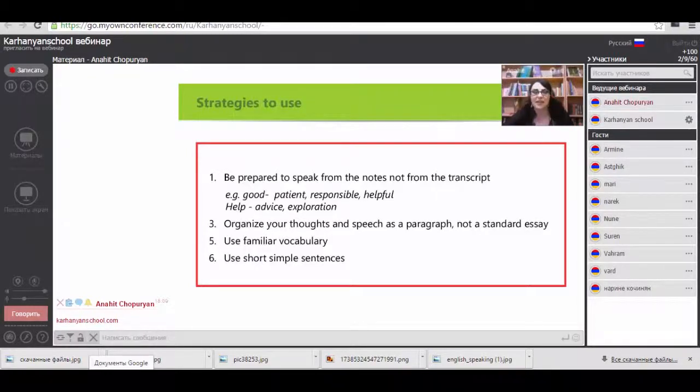Use familiar vocabulary. So be yourself, guys. Don't use the words the meaning of which you don't know. Try to use familiar vocabulary but correctly. Also use short and simple sentences. In speaking, if you use long sentences, the listener will lose track of your speech, which can be a real catastrophe. That's why be careful. Yes, it can be a disaster. So try to use short sentences to stay within the context and speak clearly.